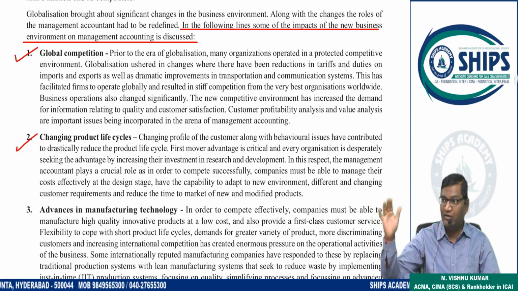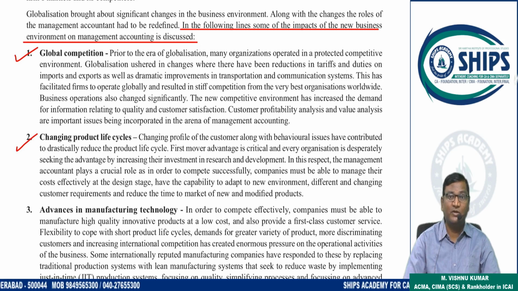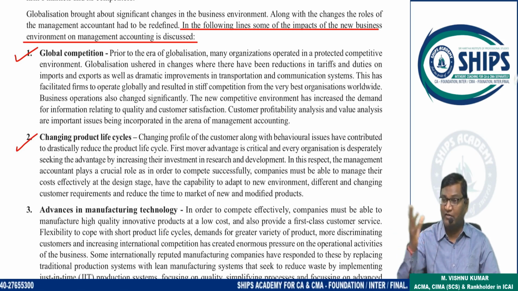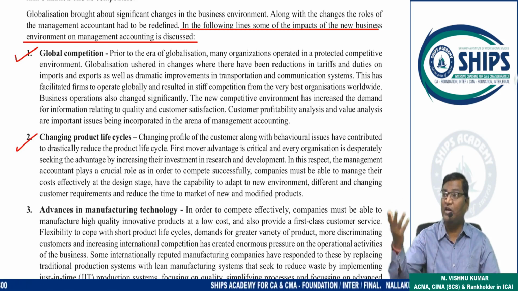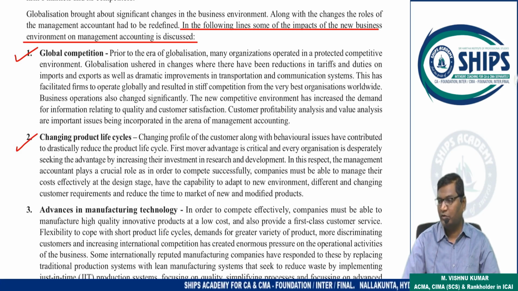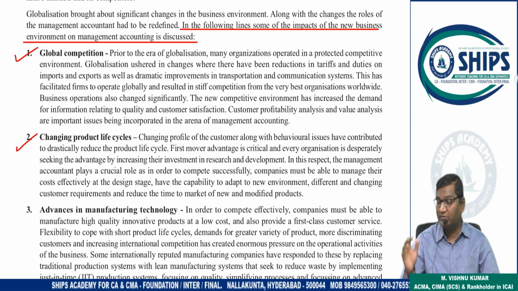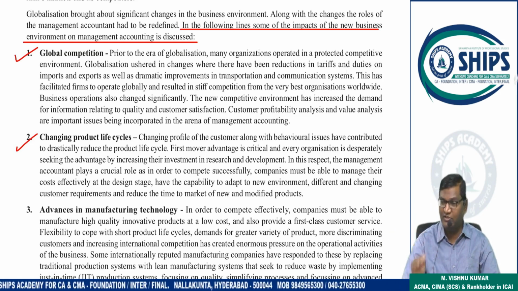This study is called what? Life cycle. Like first 10 years how much revenue, next 10 years how much revenue, next 10 years how much revenue. Total life cycle of the product, suppose they estimated 25 years. So in 25 years they can generate revenue, but in all 25 years, will the same revenue come? No. In some stages, revenue will be high, in some stages, revenue will be less. Some products will have high revenue in the initial stage. Some products will have low revenue in the initial stage.